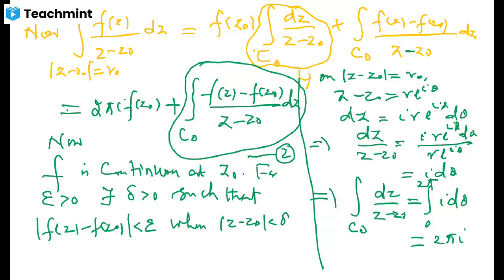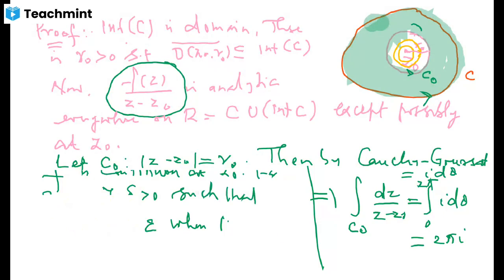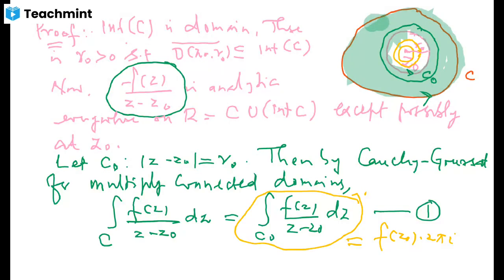So what we want, but here you have z minus z naught over the circle c naught, and the radius of the circle c naught is radius r. Then we can make this circle, as I said here, I can make r naught to be less than delta. This is my choice. We can always adjust things. We can make r arbitrarily small. Still, the disk will remain inside here.